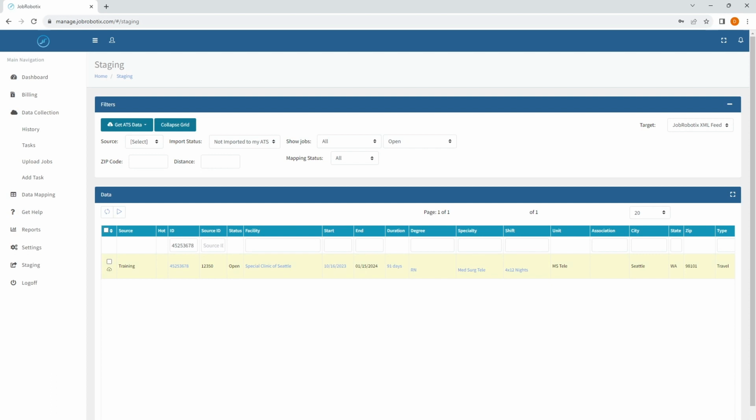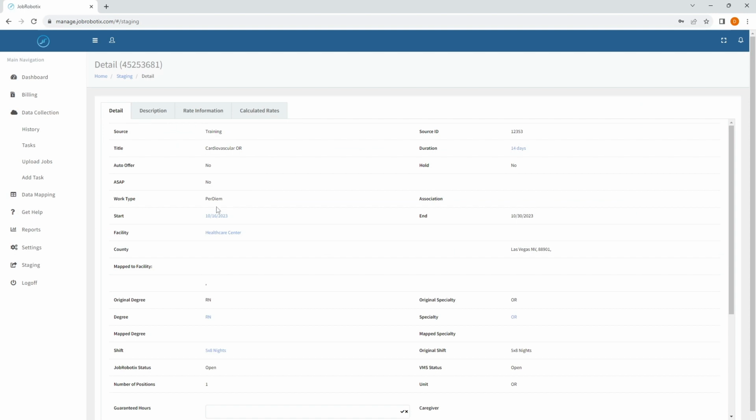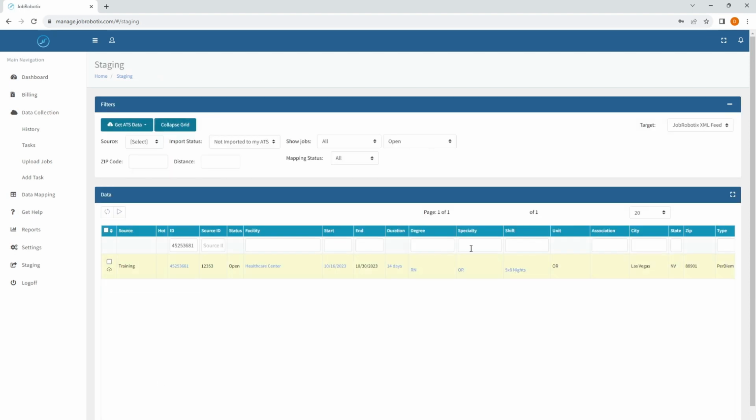Now the real power of this kind of rule is it's possible to adjust more than just one thing within the rule. So I have another example here, and this one, you'll notice the degree is RN, the specialty is OR, the unit also says OR, but if I look up here at the title, it mentions cardiovascular, and so this would probably be a CVOR position. And so the system is not classifying this correctly, and we can take a look at this and